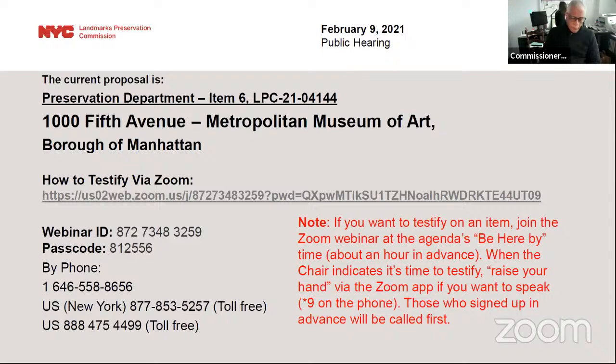Item number 6, LPC 21-04144, an application for a binding report. The Borough of Manhattan, Block 1111, Lot 1, 1000 Fifth Avenue, the Metropolitan Museum of Art, an individual and interior landmark. This Romanesque-style museum building was built in 1864 to 1965 and designed by Vaux and Mould, R.M. Hunt, and McKim, Mead, and White, with later additions built between 1975 and 1990 and designed by Roche Dinkeloo. The application is to replace a